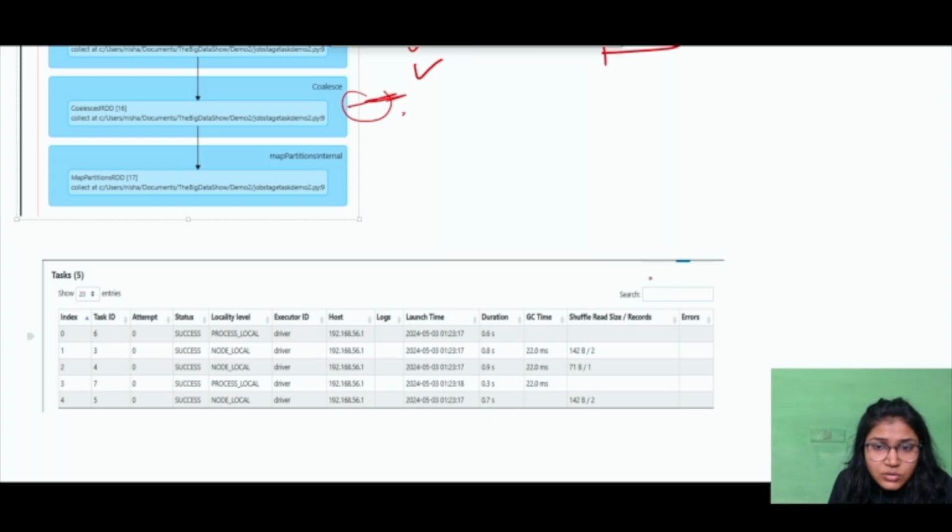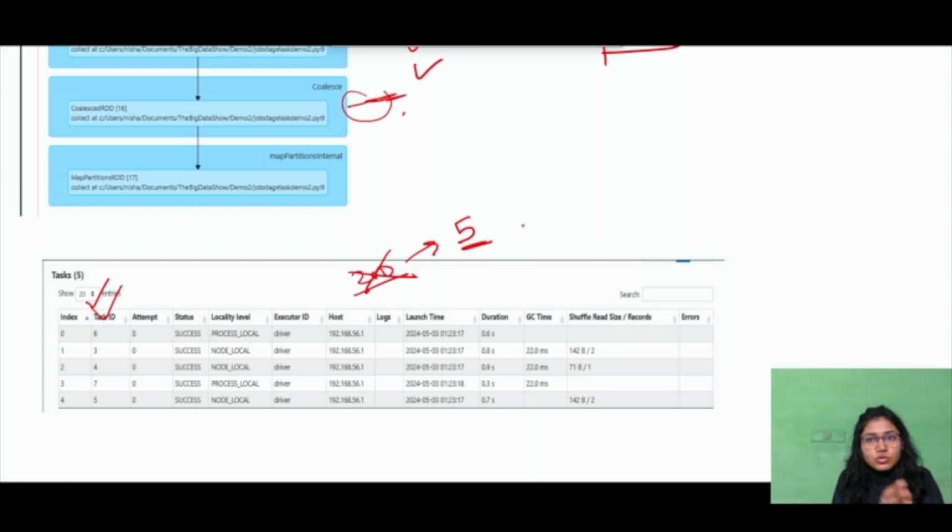So what would happen here? You see here the tasks are 5 for this entire stage, right? Why? It should here be 200, something like that. 200 partitions should be there for the group by and then to 5, right? But here the entire execution is completed within 5 tasks because of coalesce. So that's why you should choose coalesce very carefully. You should know about your Spark job before using coalesce, because coalesce can try to reduce the level of parallelism to the number specified in the coalesce operation.